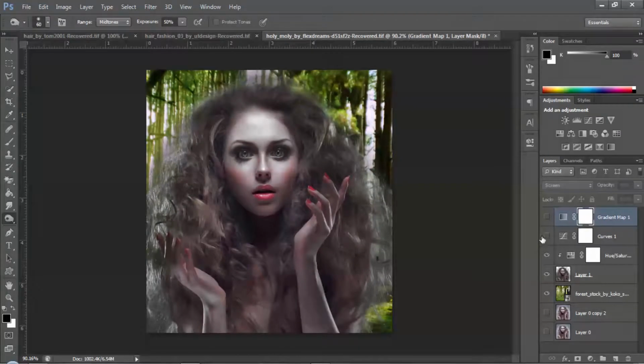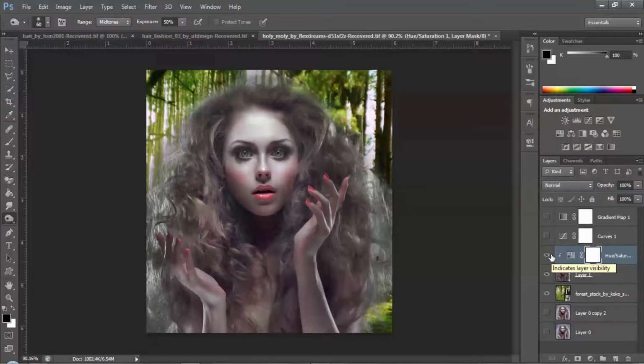You can hide the layer like that. If you play with it, the huge saturation is hiding all things and making it invisible. It's convincing the way you look. See, it's a very unbelievable effect, the use of saturation.